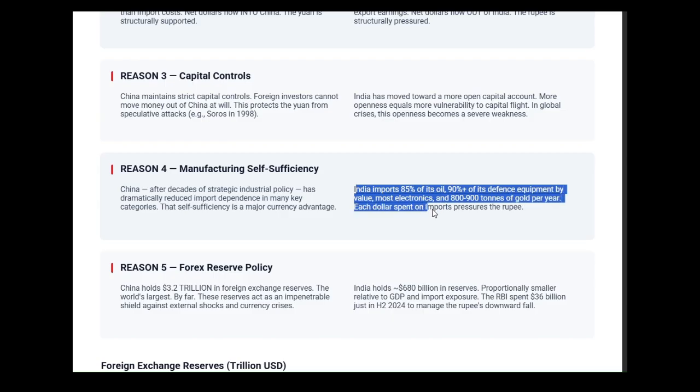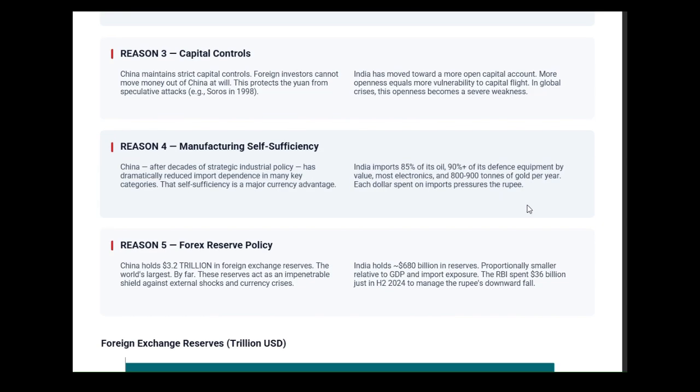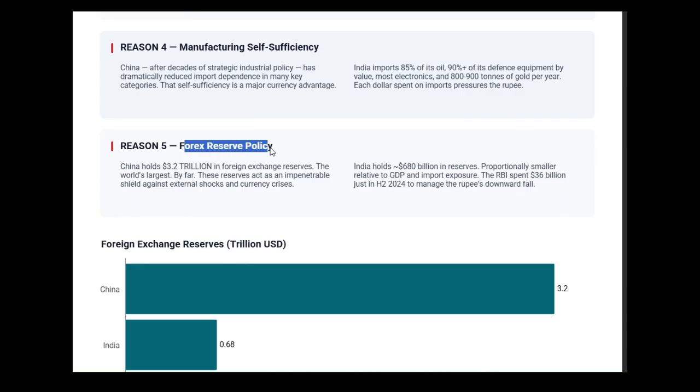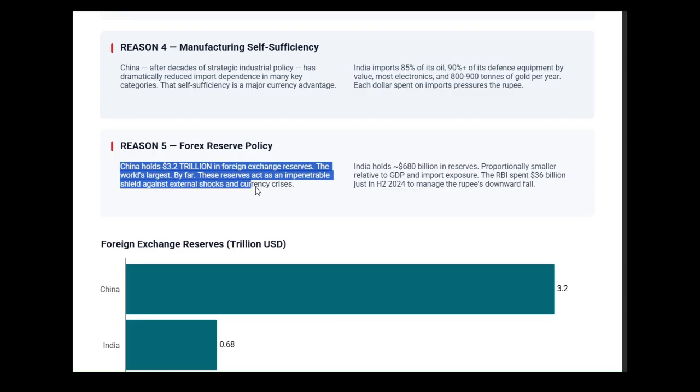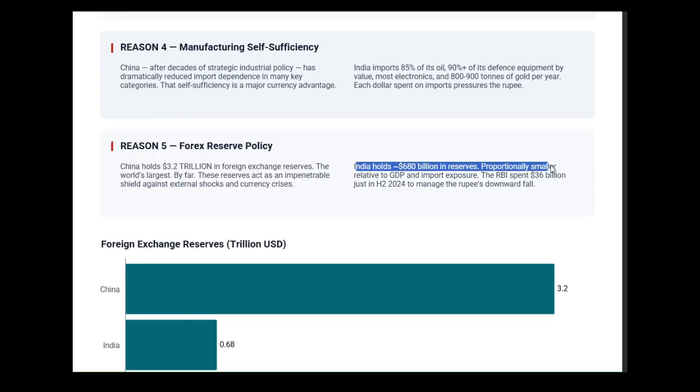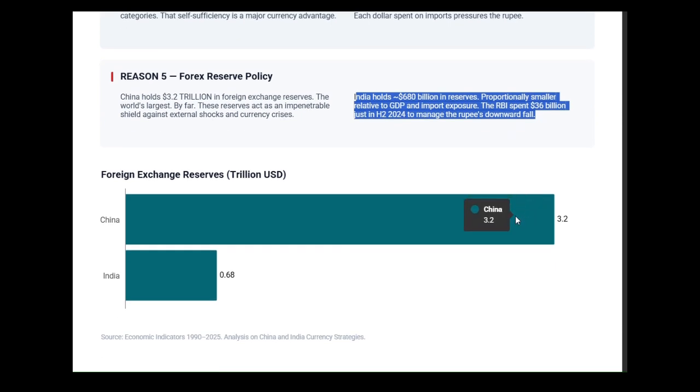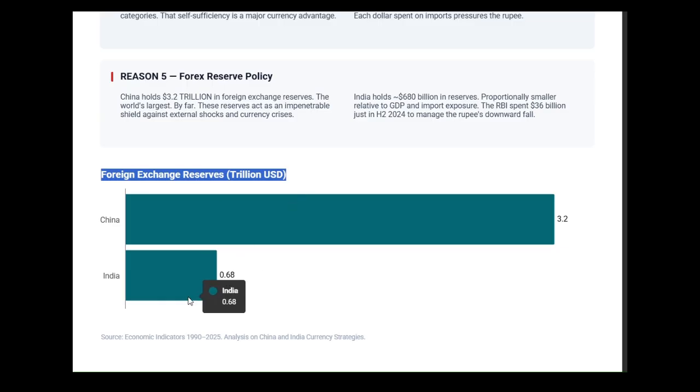Reason 4, manufacturing self-sufficiency. India imports 85% of its oil. India imports 90% plus of its defense equipment by value. India imports most of its electronics and semiconductors. India imports gold voraciously, 800 to 900 tons per year. Each of these imports requires dollars. Each dollar spent on imports equals pressure on the rupee. China, after decades of strategic industrial policy, has dramatically reduced import dependence in many key categories, that is the currency